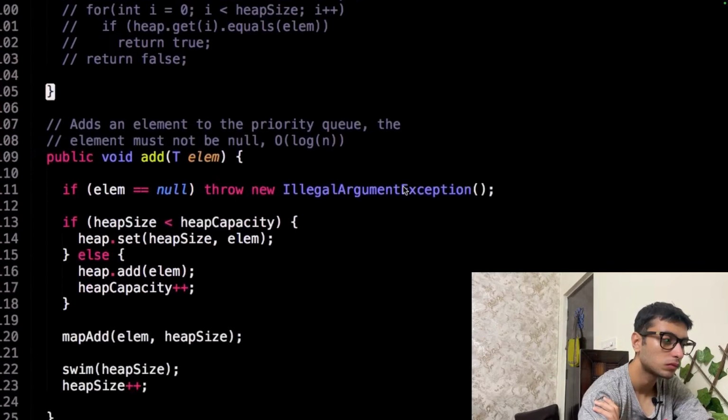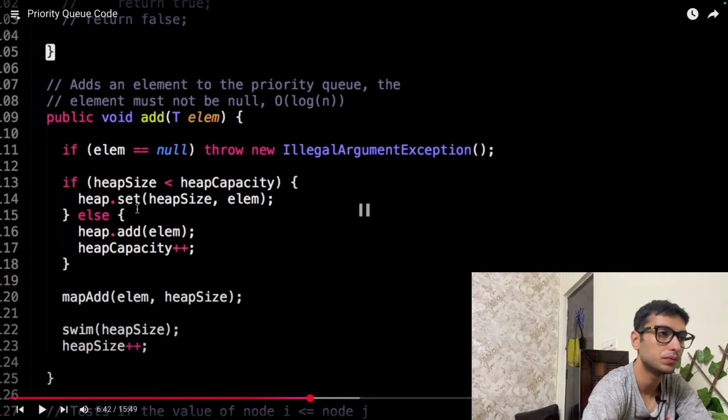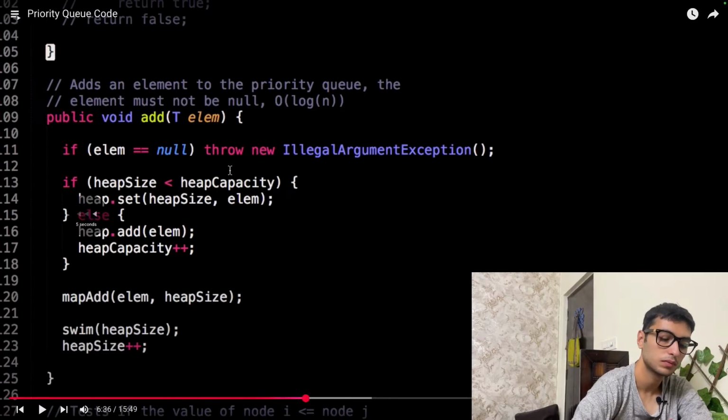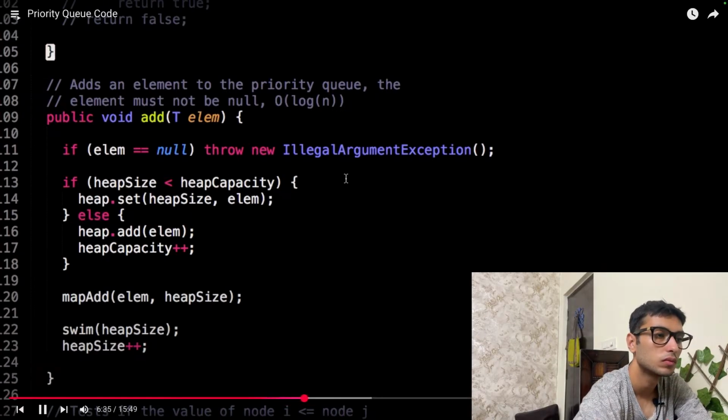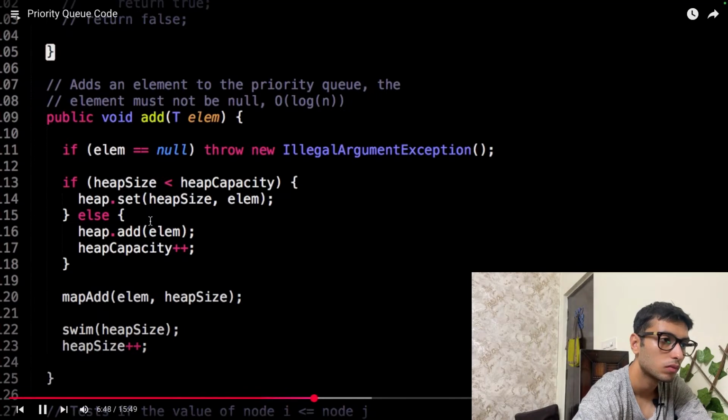So this method adds an element to the priority queue, and that element cannot be null. What we do is, first we check if our heap size is less than capacity. Otherwise, we have to expand the capacity of the heap.